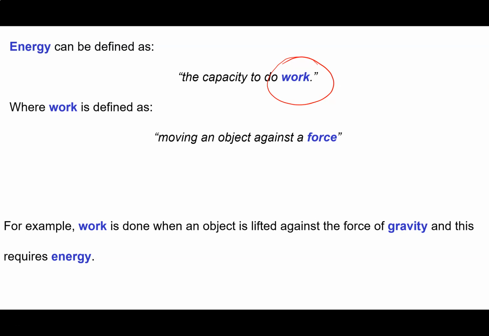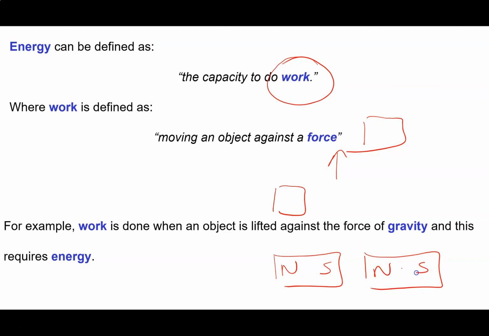So a good example of what we mean by energy would be lifting an object up higher against the force of gravity. Or we could take two magnets, each of which has a north and south pole, and perhaps they're stuck together, and we move them apart from one another against the magnetic force. So whenever we are moving an object against a force, then we are doing work. Whenever an object is moving as the result of a force, then work is being done by that object. So it's kind of this interesting idea.